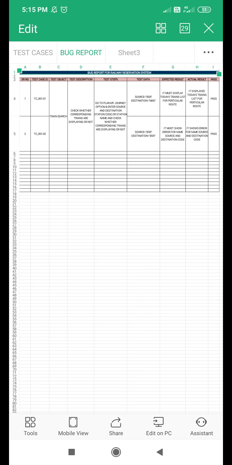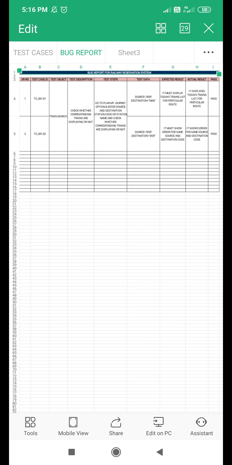My expected result is that it will show the train list after clicking the search train option. After passing this test data and pressing the search train option, it actually shows me the list of trains between the stations on that date. So my expected result and actual result match. That's why my test case is pass.